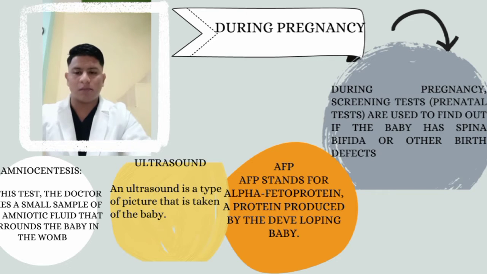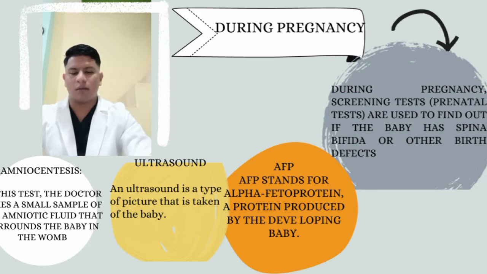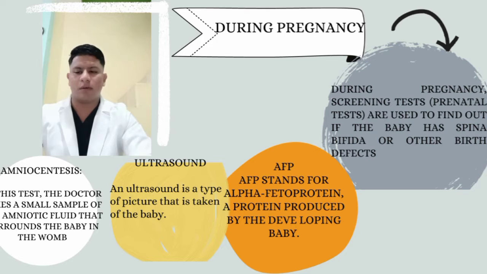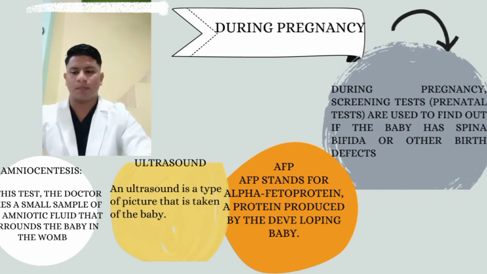The AFP test may be part of a test called the triple screen, which checks for neural tube defects and other problems. Ultrasound: an ultrasound is a picture that is taken of the baby. In some cases, the doctor can see if the baby has spina bifida, or other reasons there may be a higher AFP level. Spina bifida can often be seen with the test